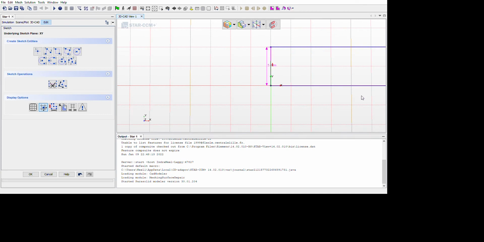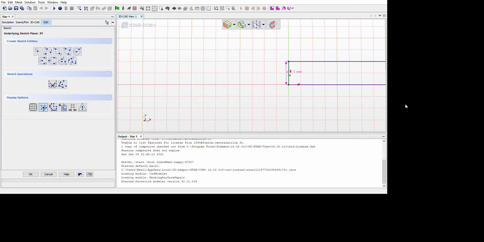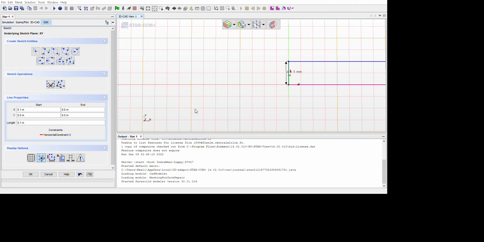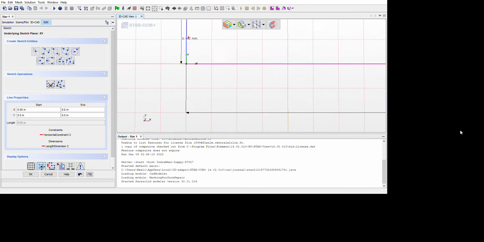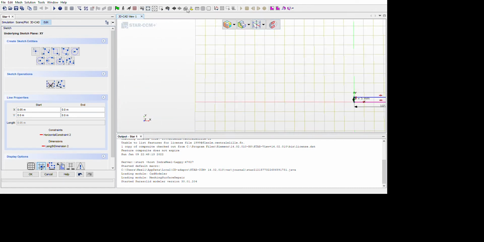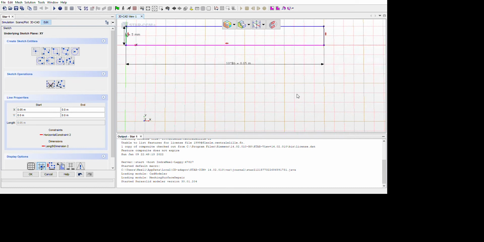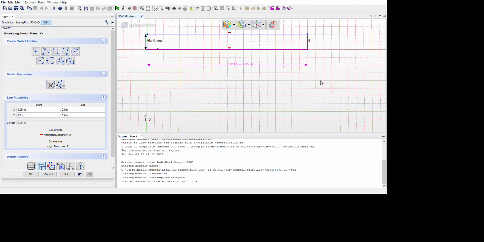And if I want my length or any other dimension to be a function of this dimension which I gave just now, I go to expose parameter. Say I keep it as b for now, breadth. And if I want my length to be a function of the breadth, say 10 times breadth is my length, 10 into $b, which is a syntax convention in Star CCM. I give it OK. So 10 times $b, you can see like 0.05 meter or 50 millimeter.